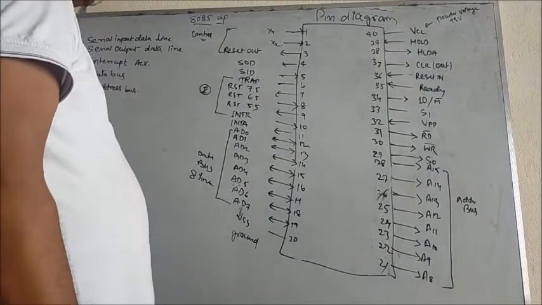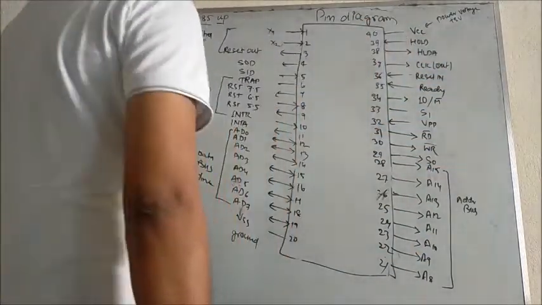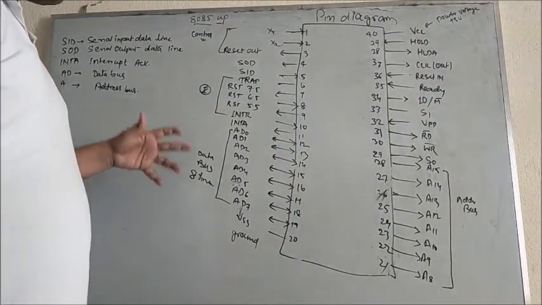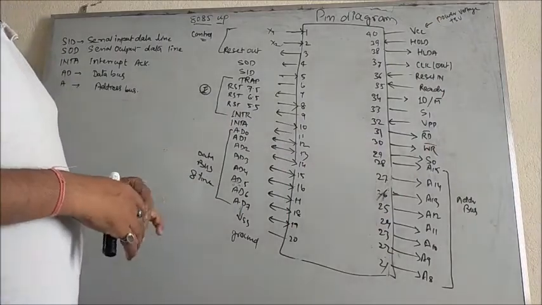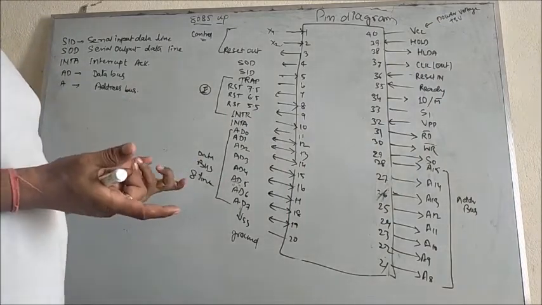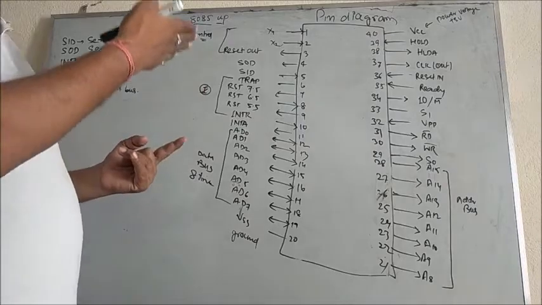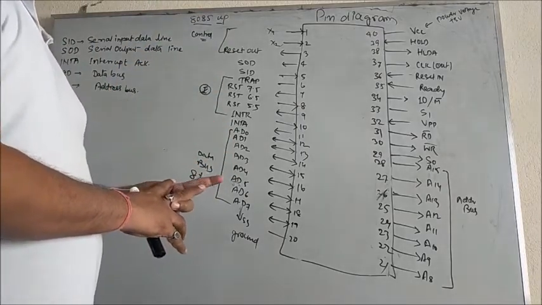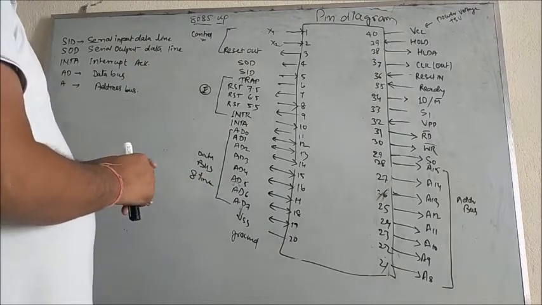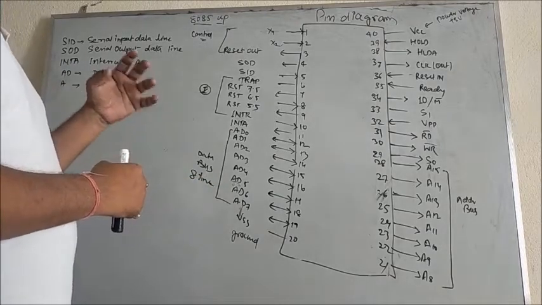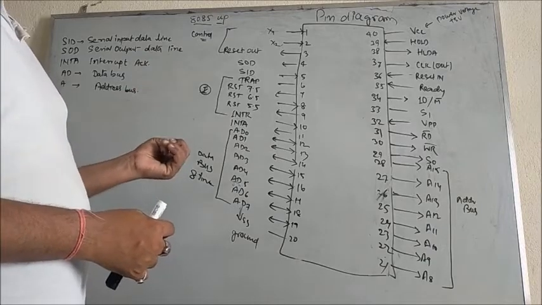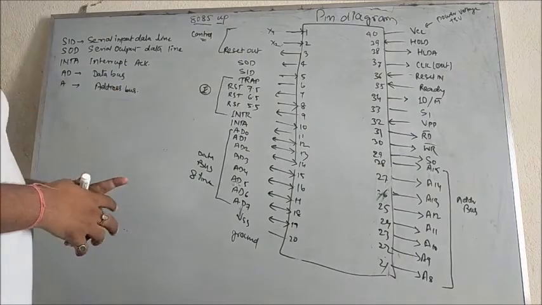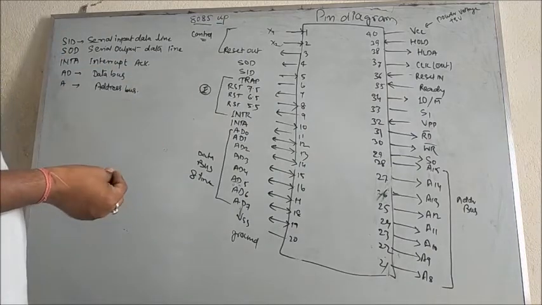Next we are having two pins. One is for HOLD and one is for HOLD acknowledgement, right? So out of these 40 pins, we are having a brief introduction of what the pins are and the classes in which these pins are specially lined. After that I will tell you each and every concept of almost all the pins which are very essential for you to study.